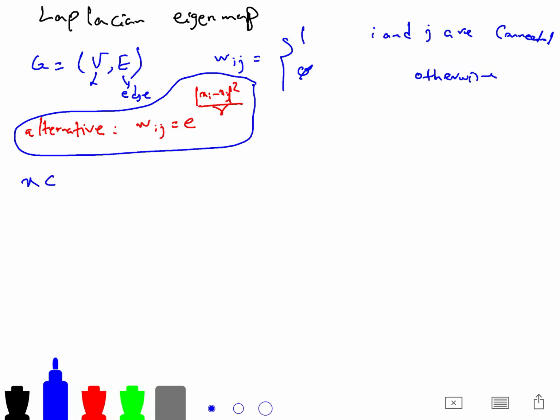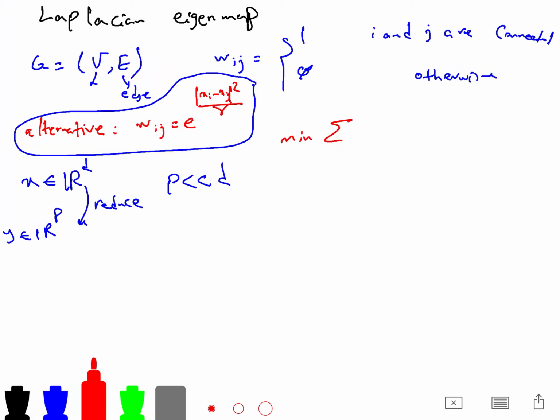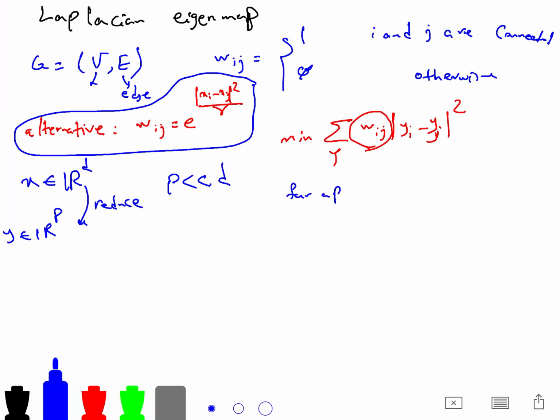So we want to minimize, first of all, your x is d-dimensional, it is too big. It's high dimensional. You want to reduce it to a lower dimensional space, Rp, where p is much less than d. So you want to minimize the sum of Wij times yi minus yj, so we're penalizing yi minus yj by Wij. If xi and xj are far apart, Wij is equal to 0. We don't care about values of y. But if xi and xj are very close to each other, then